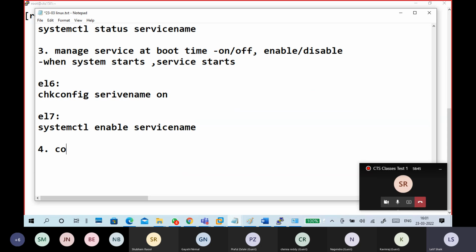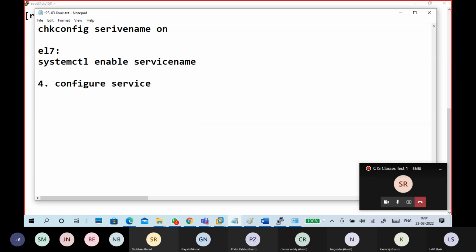The fourth one is configuration. Configuration or configure service. Guys, most of the configuration files are stored in, located in /etc.